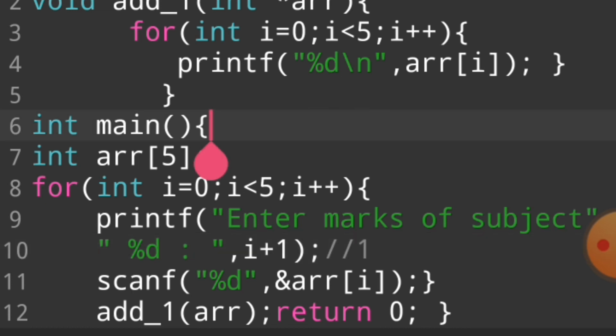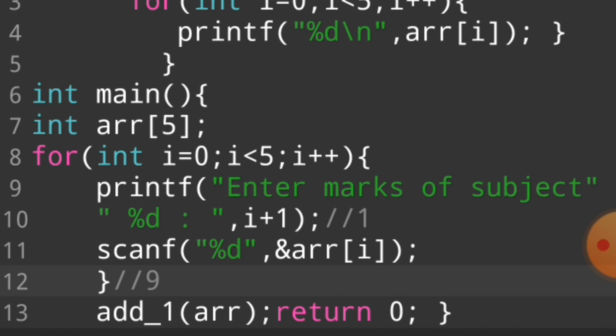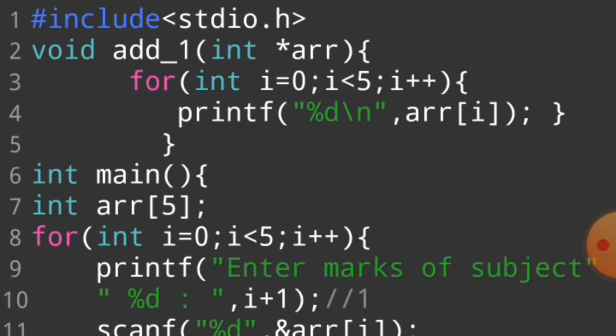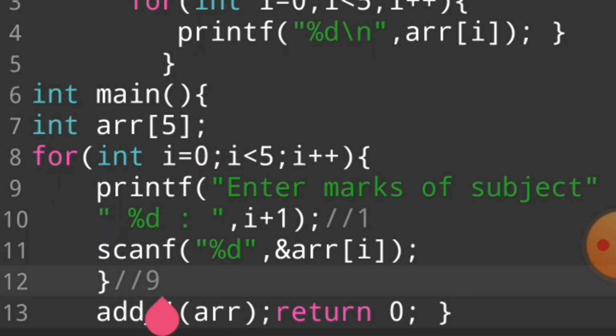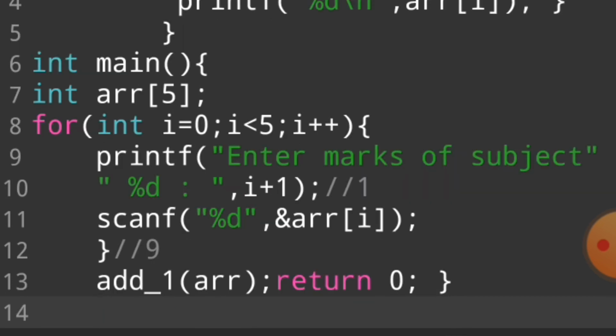So in this area the value of I is 0, arr 0. If I store 9 in this array at 0, arr 0 is stored in our memory, so our loop is finished. And then I say arr I. Let me explain what arr I means. The address of arr 0 is equal to arr.